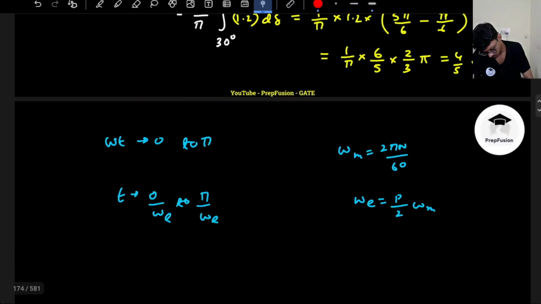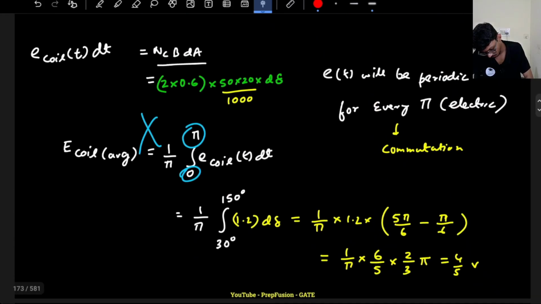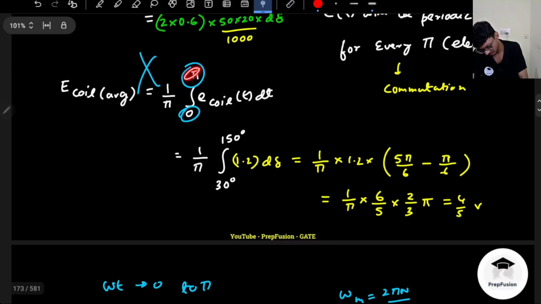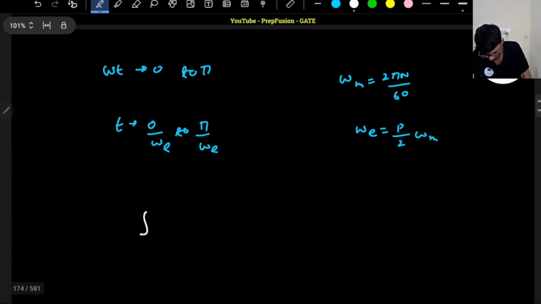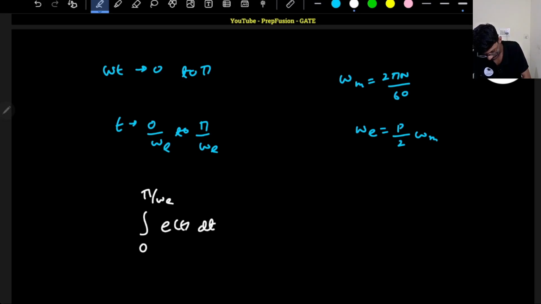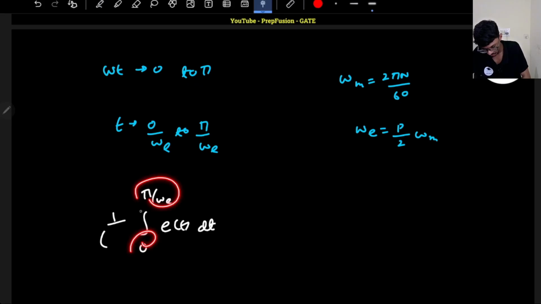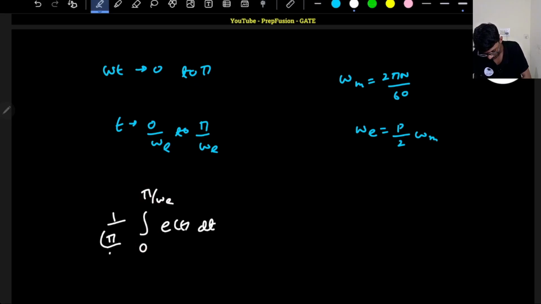Basically, right, this should have been pi by omega e, that's it. These limits are also wrong, but here if I am varying from, like, actually what should be the limits, I will tell you what should be the limits. The limit should be 0 by omega e, that is 0, to pi by omega e of e of t dt divided by what? Upper limit minus lower limit. So pi by omega e